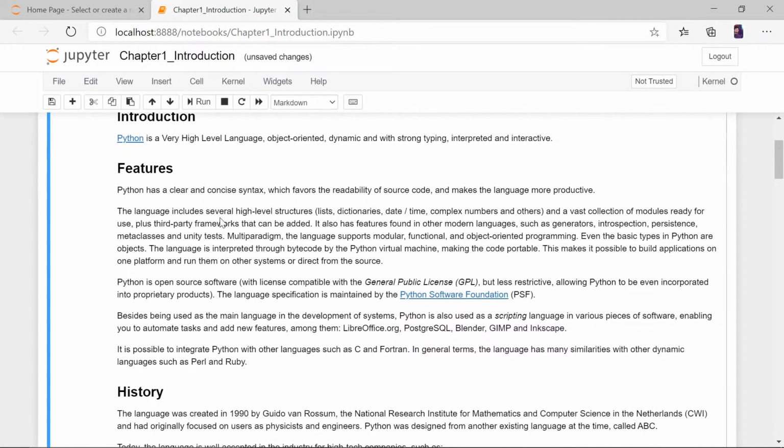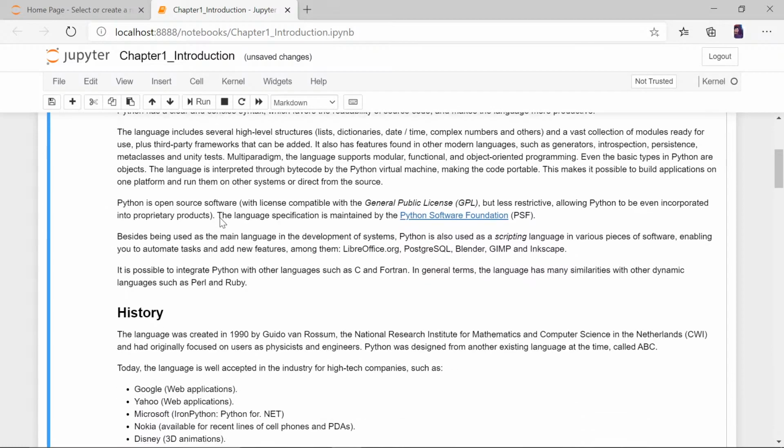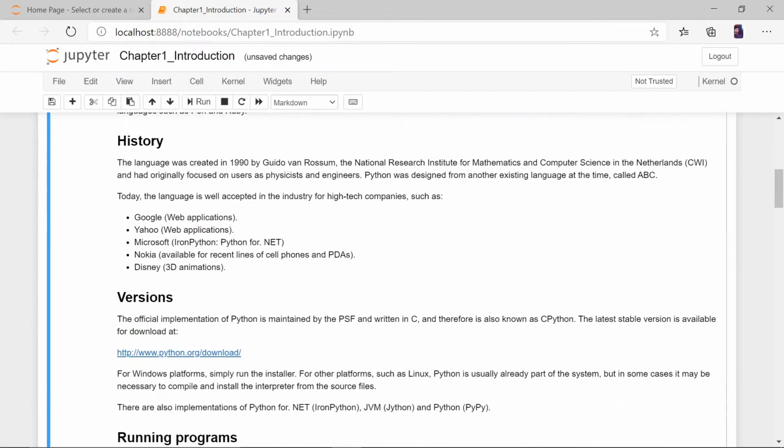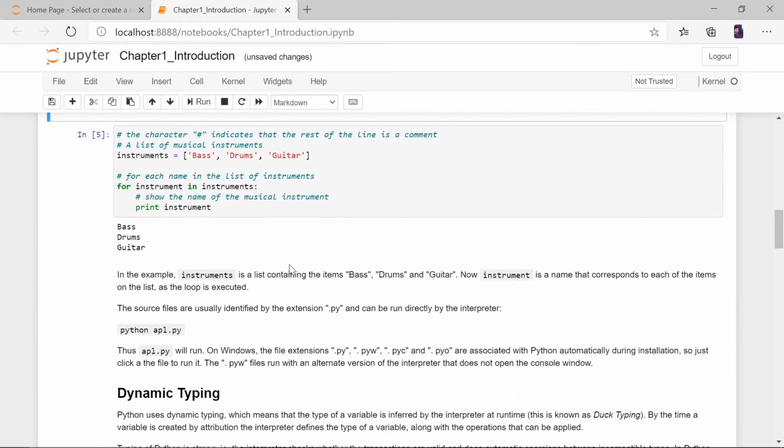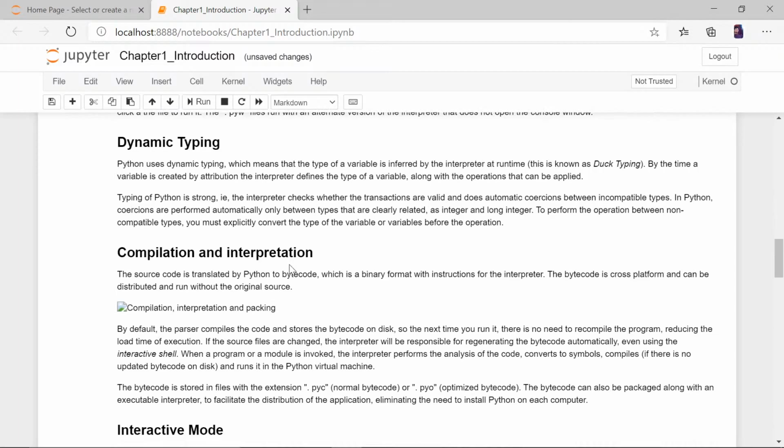So these were the features of Python. Okay, it has syntax and so on. History: Google, Yahoo, Microsoft, Nokia, Disney, all these companies actually use Python. Dynamic typing: I'll make you understand this term while we are coding properly.